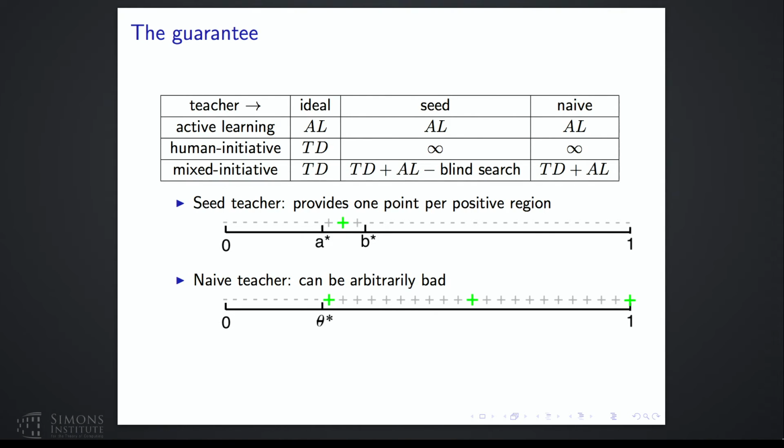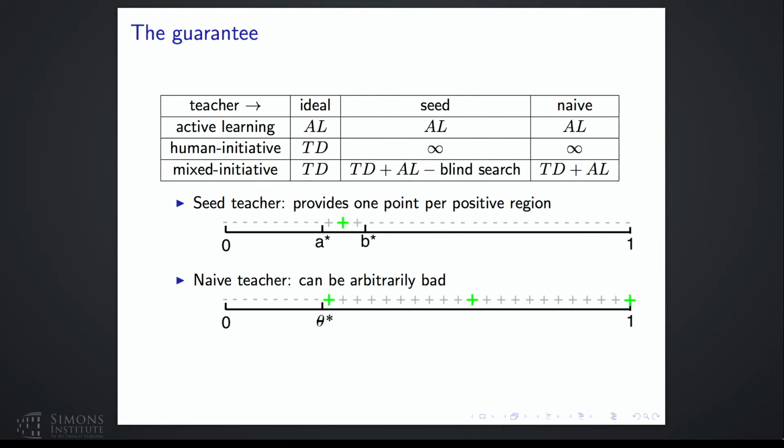ideal teachers. So they are still doing bad things here, but they know to provide one item in a possibly very small positive region. If you're familiar with active learning, you know the concept class of a single interval is very hard to learn because the interval could be very narrow. And if you run active learning, you don't have a good way to start with. You have a cold start problem. You need to find that interval. So that is almost like random search in the beginning.